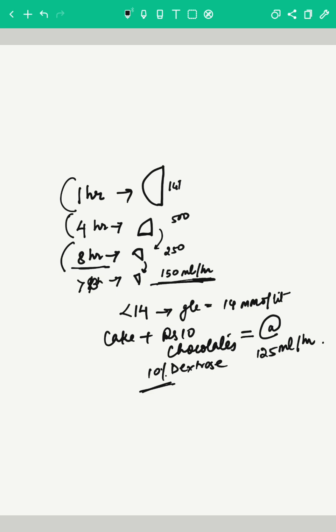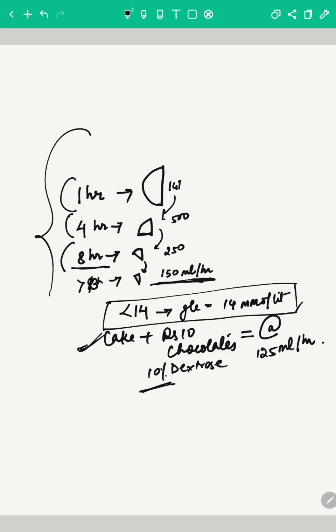So I cannot impress upon this how important it is enough, because fluid management is so important, and this is so easy. You just have to keep making it half, and when the target is relatively achieved, we have to add chocolates to the cake. That is, this little small thing is the only thing that we have to remember for the fluid management of